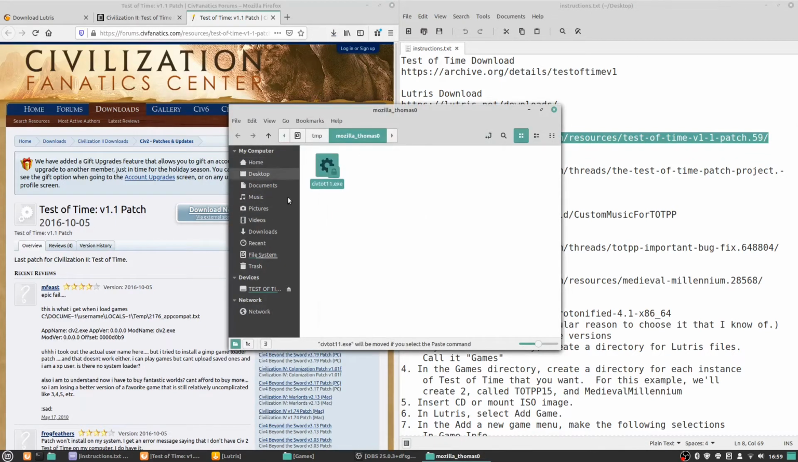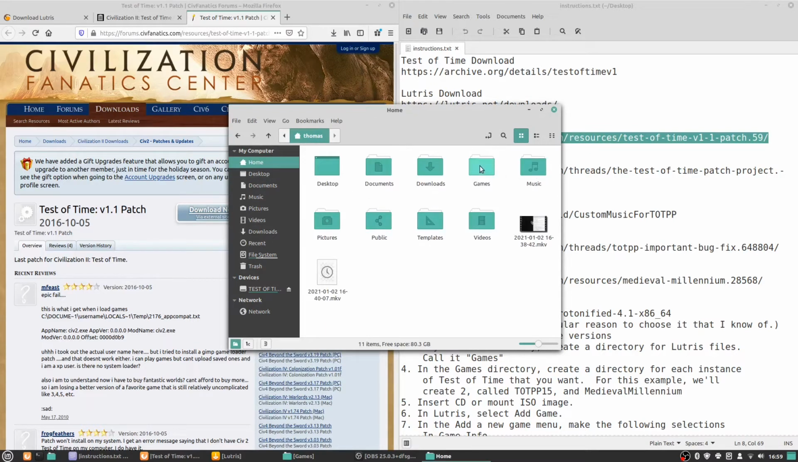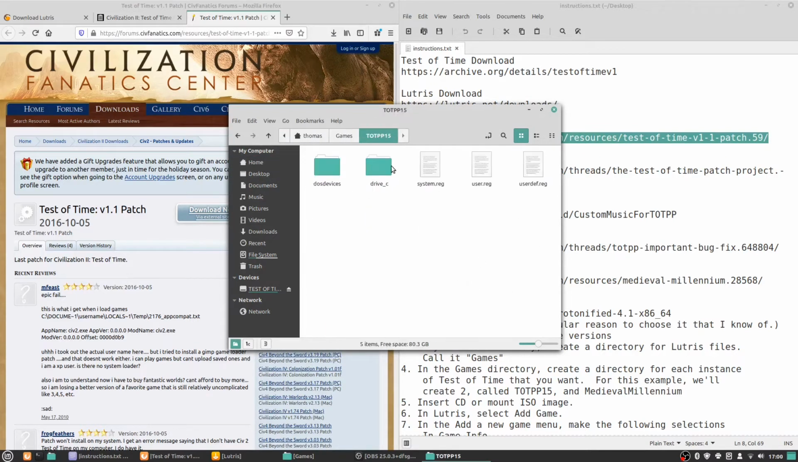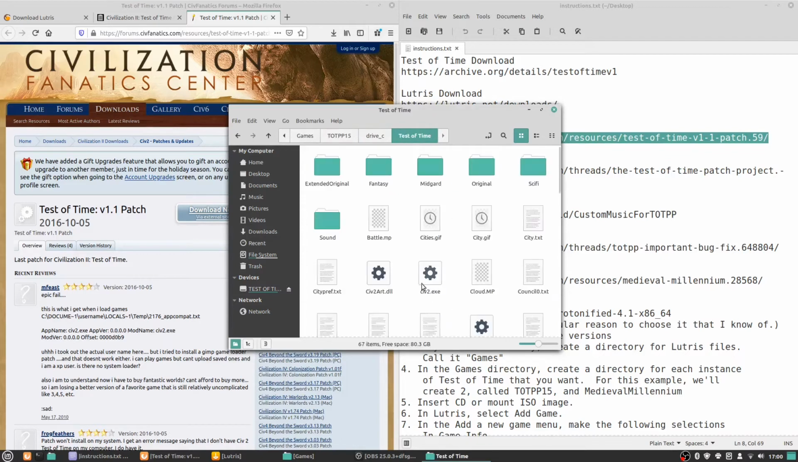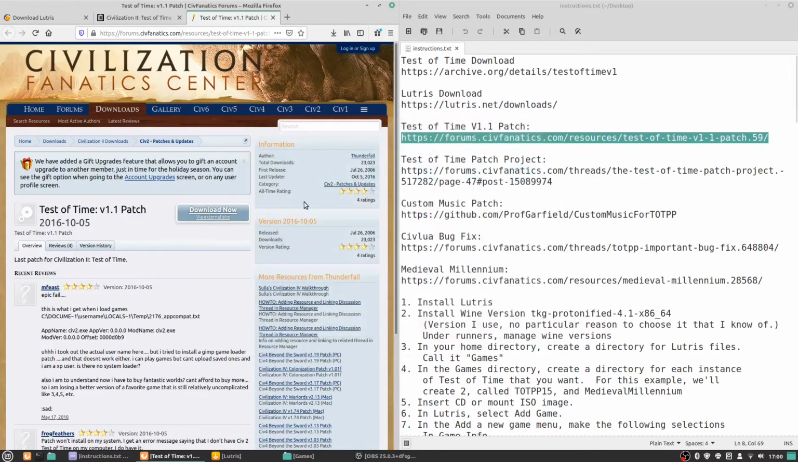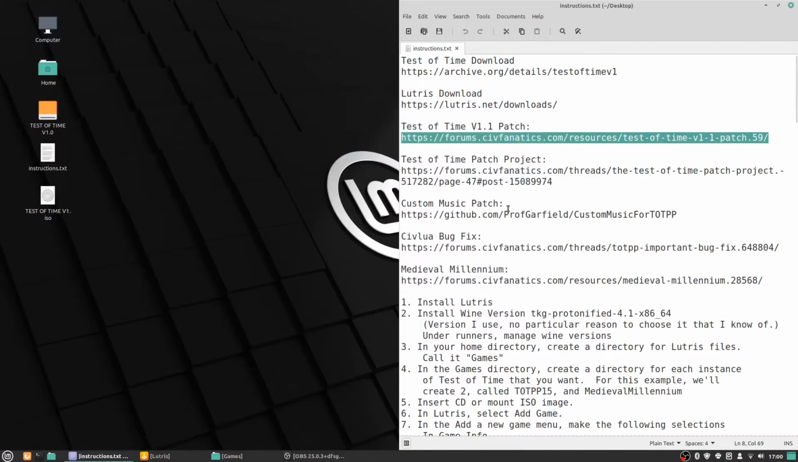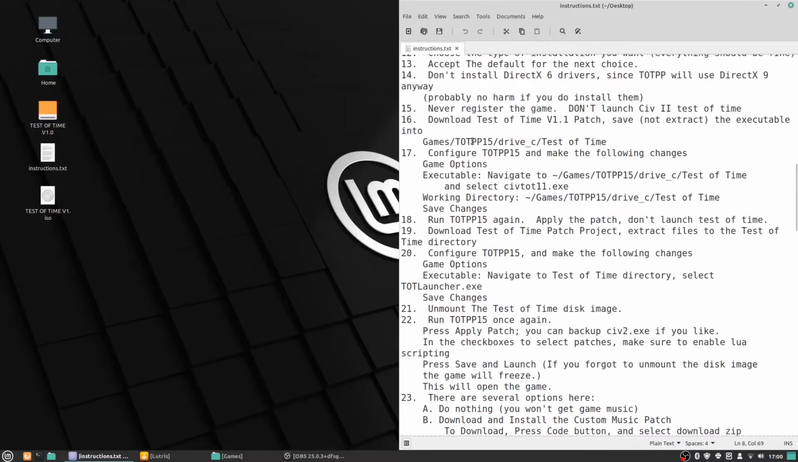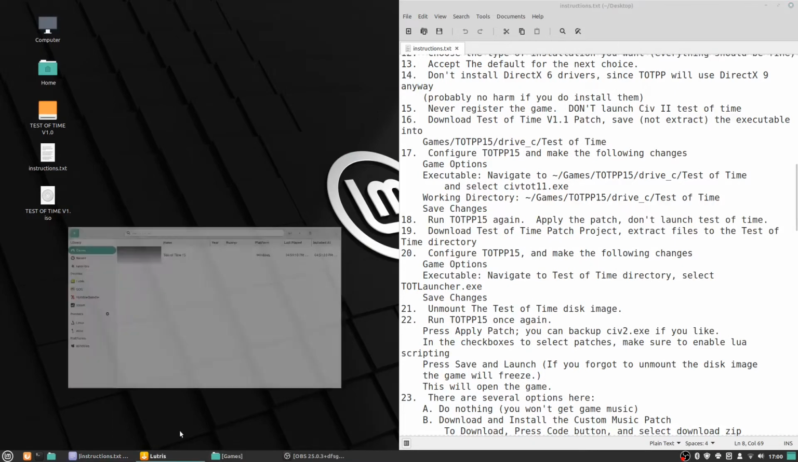So we'll move that into here. This will work. Yeah, so don't extract it. That's a mistake, but for some reason Linux thinks the exe are sometimes compressed. I don't know why. So in any case, we go back, and so now we're going to configure TOTPP Test